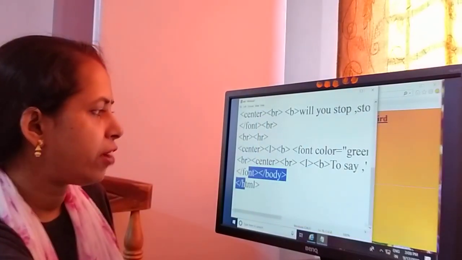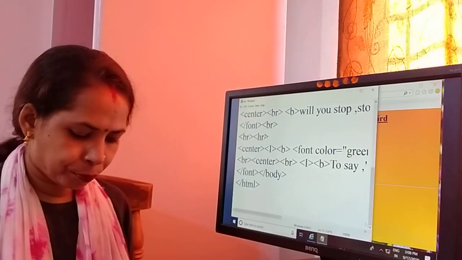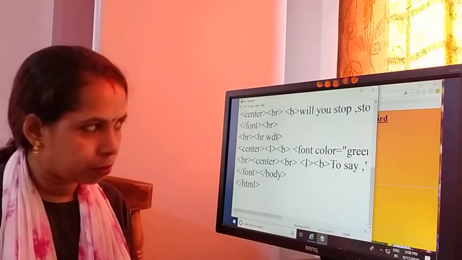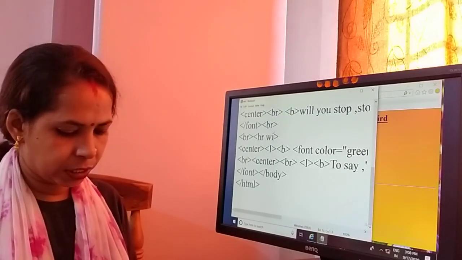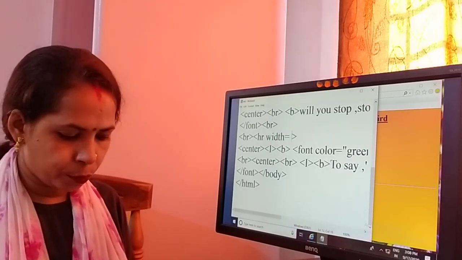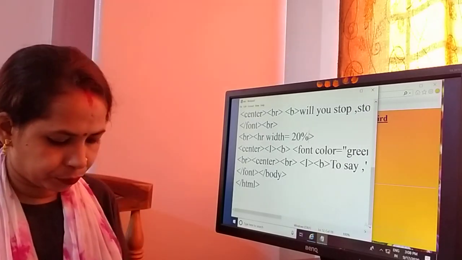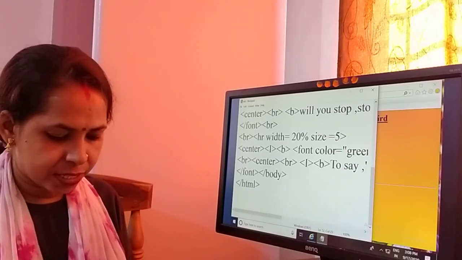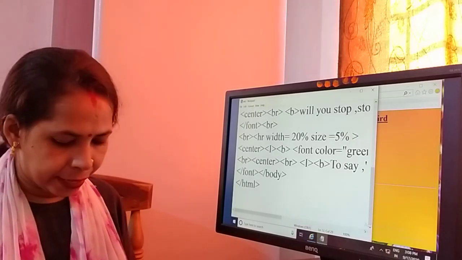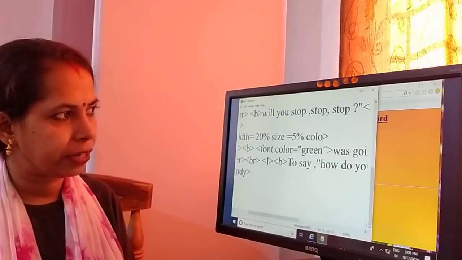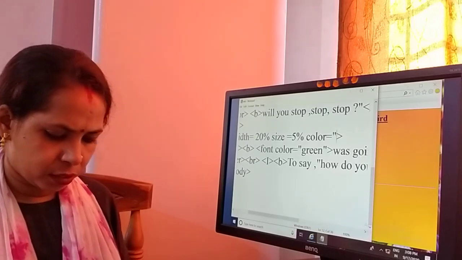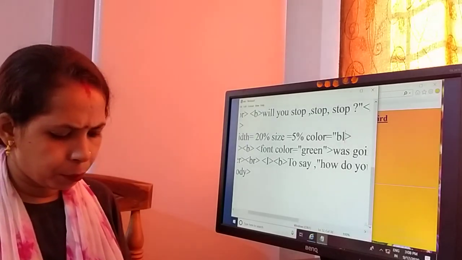And if we take HR here with width equals to 20%, size equal to 5, and color also we give blue color.